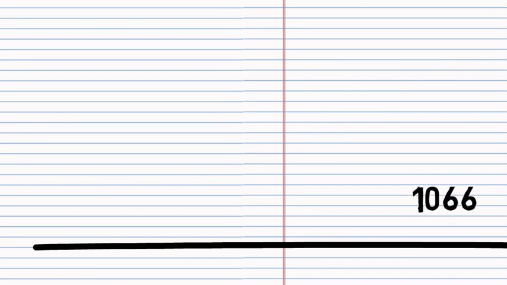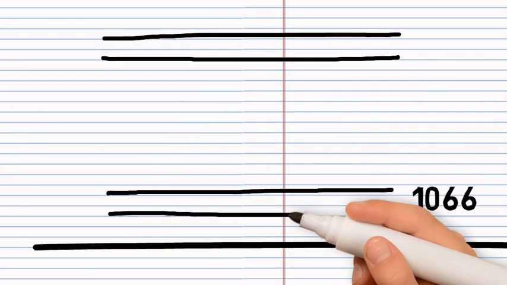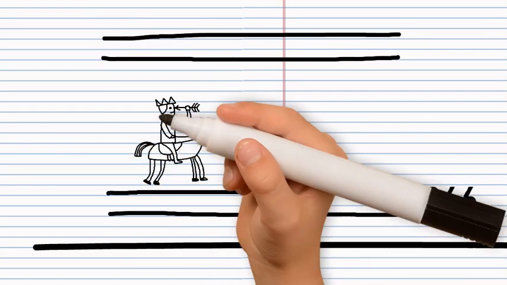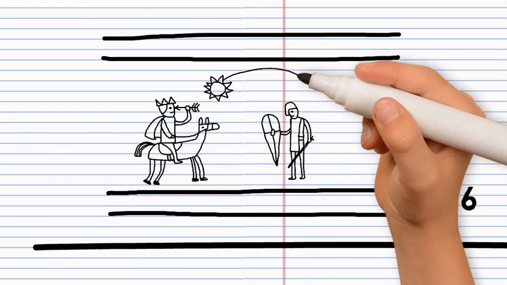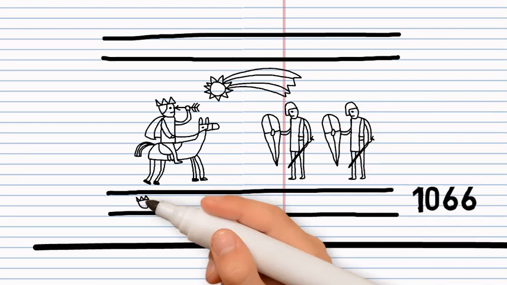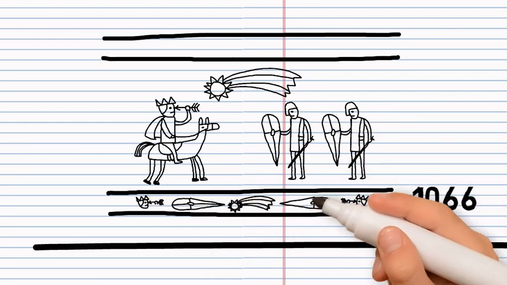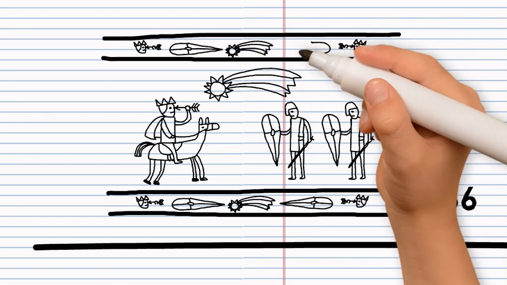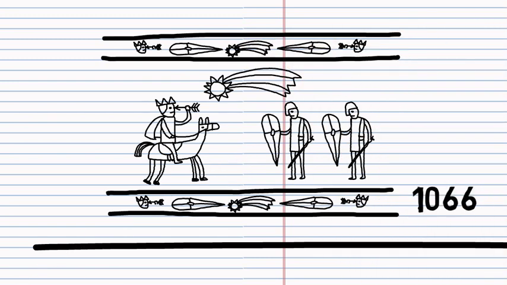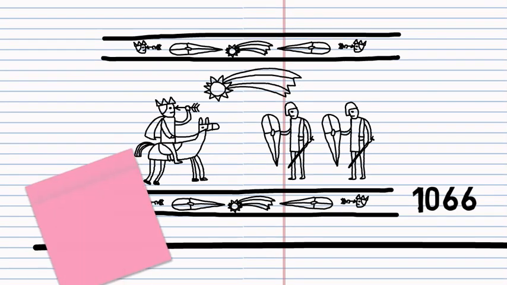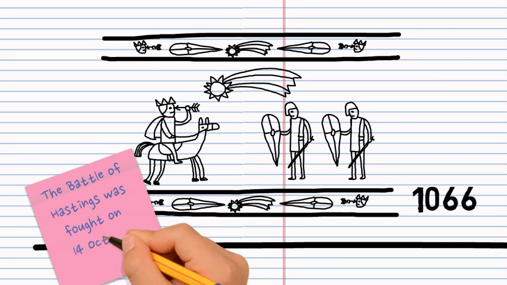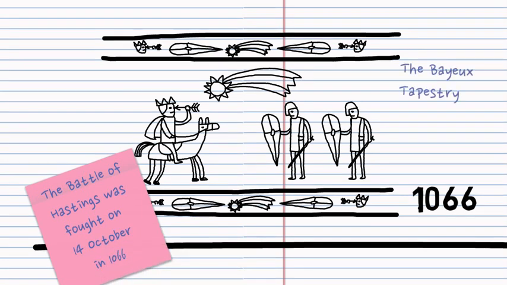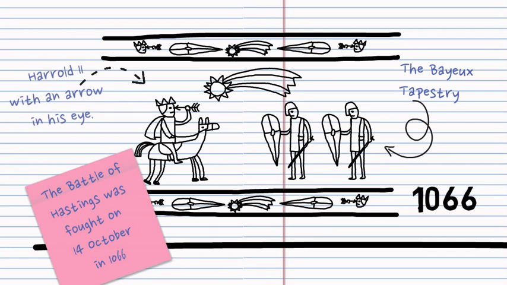Well, here we are, nearly 1,000 years ago in the time of William the Conqueror and the Battle of Hastings, which is still one of the most famous battles in British history. It's 1066. The Battle of Hastings was fought October 1066 between William of Normandy from France and King Harold of England. Harold got an arrow in his eye, and William won, which is how he got the name William the Conqueror. But is that far enough back in time? No! Let's go further.